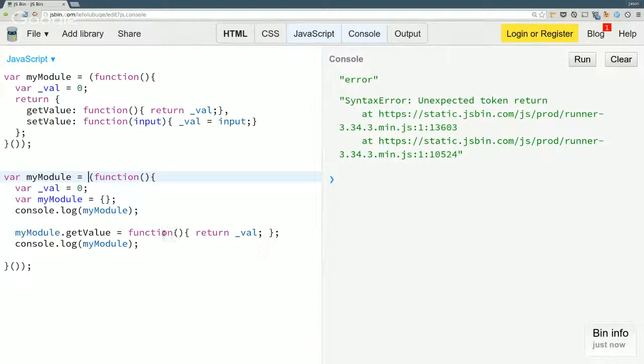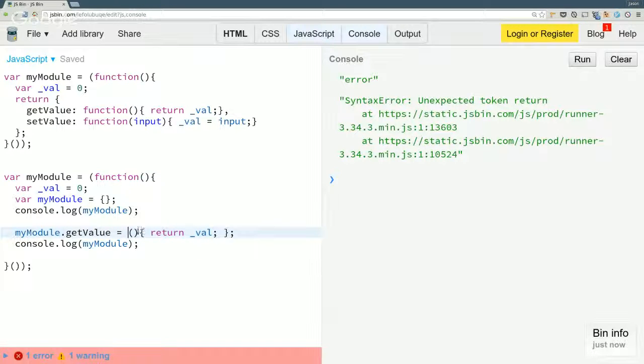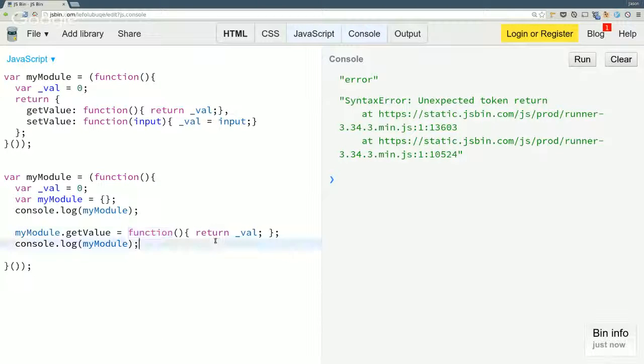I guess if you wanted to do something like that, you would have to do something like this. You would have to create an iffy, right? Okay, and then invoke it, and you don't want to do that. That only makes our head hurt more. We're trying to make it hurt less. So we're just making get value a function that has very simple behavior that we can understand, right?